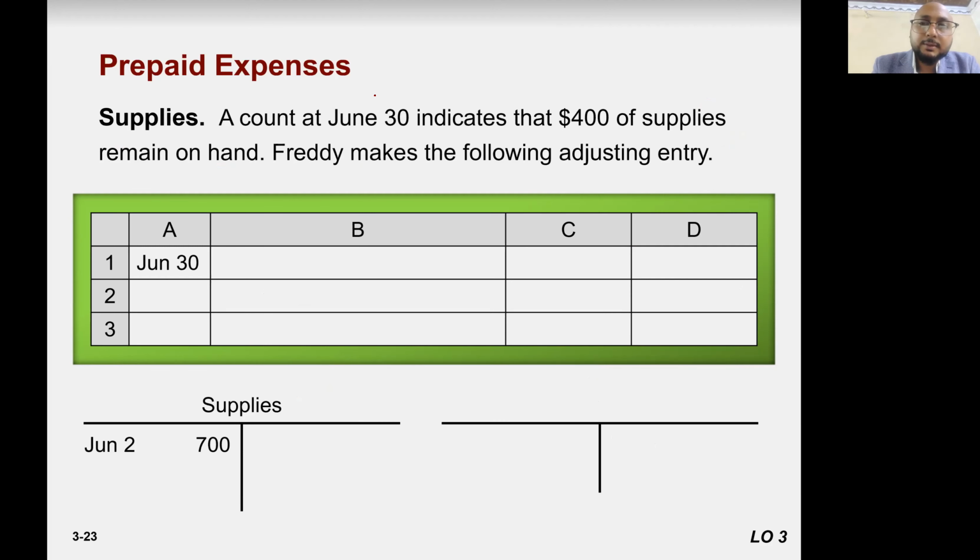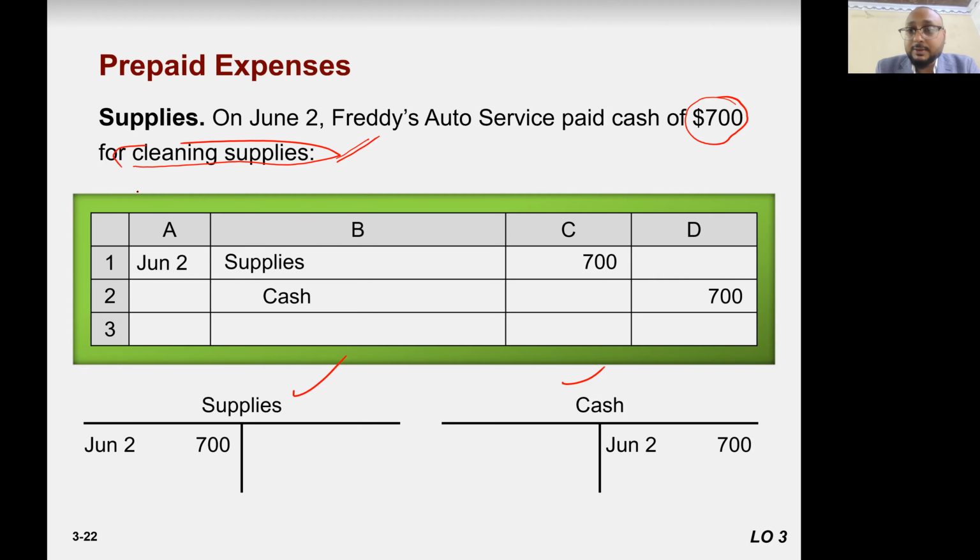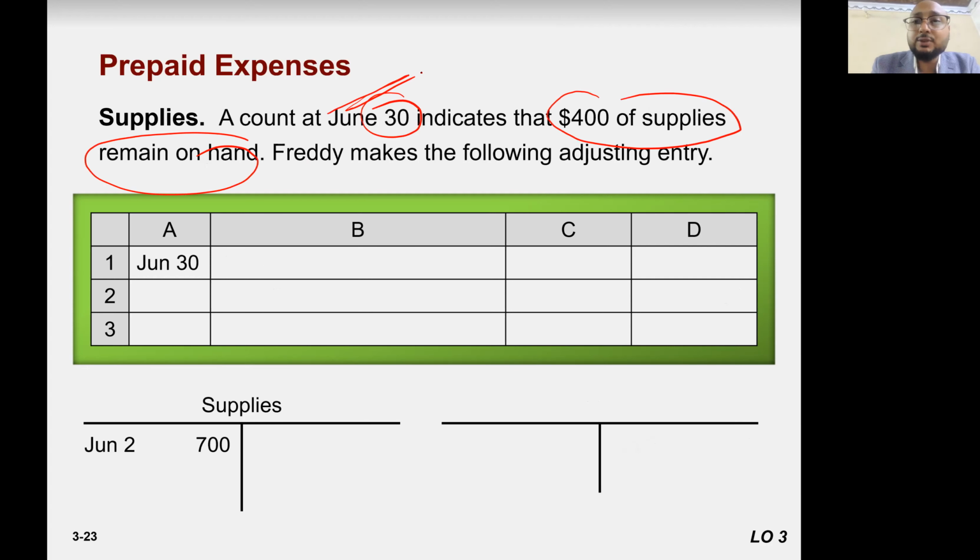Now the 30th of June indicates 400 of supplies remain on hand. What does it mean? They purchased supplies worth 700, and on the 30th of June, how much stock do they have? Only